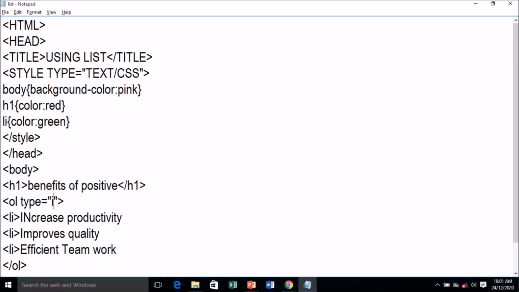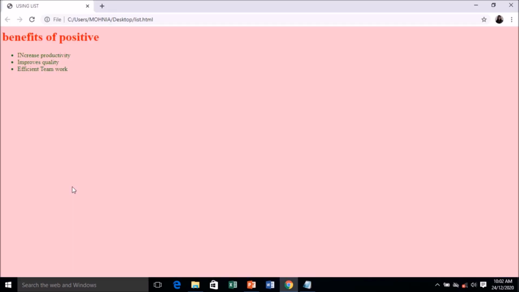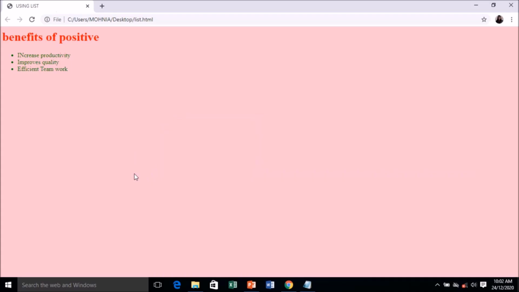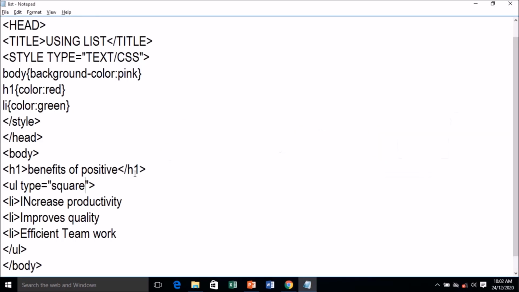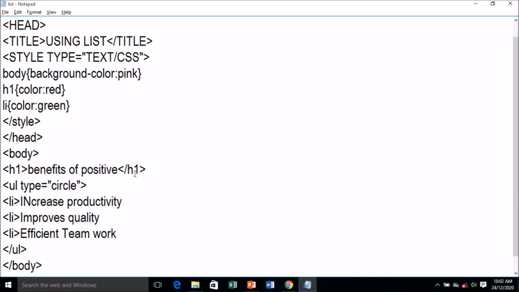Next is the UL tag. For giving a style to the UL tag, you can change the type. There are three types for the UL tag. One is disk, one is circle, one is square. So here it is disk. By default it accepts disk only, and then we'll go for square now. It appears square if you see. Next we'll type here circle, and here is a circle. Okay, let's go for a change. Let's give a style to the list, and here instead of color green, I'm typing blue, and here it is, it's in blue color.